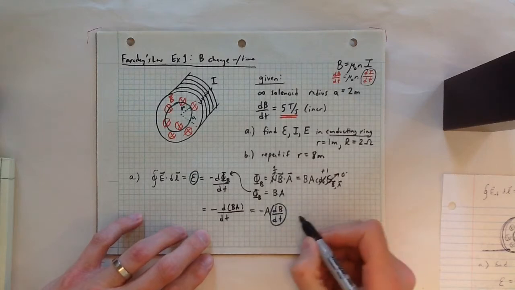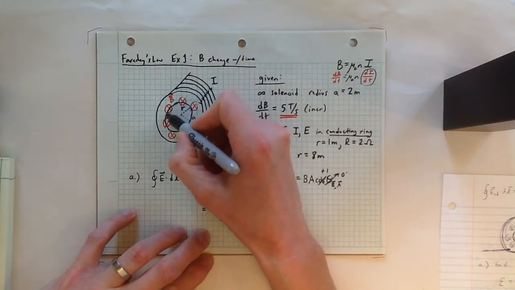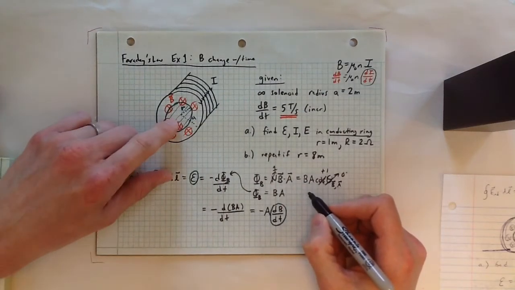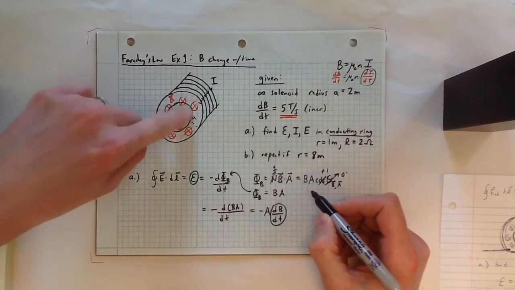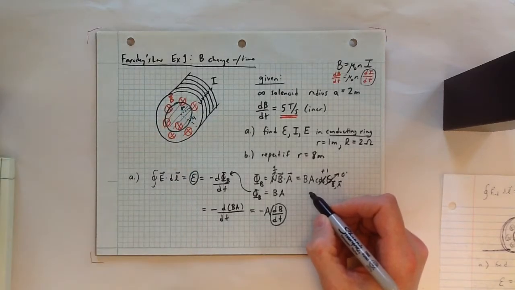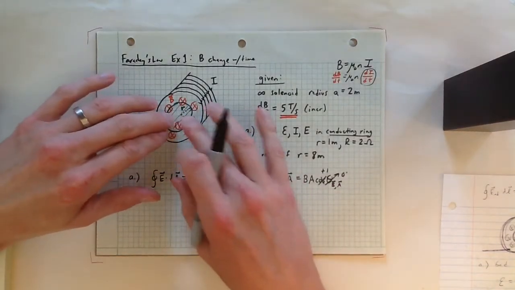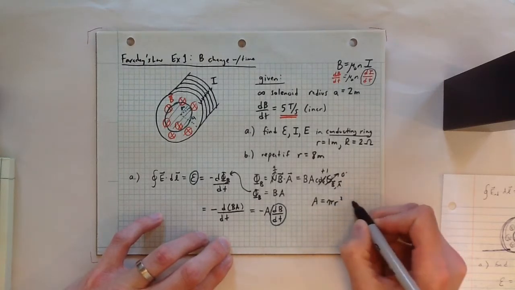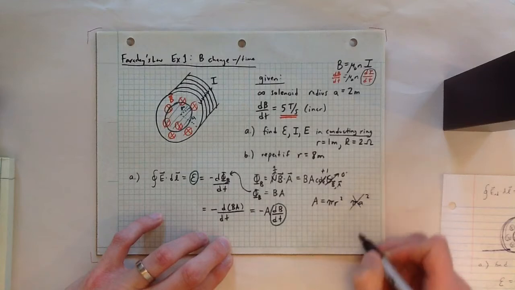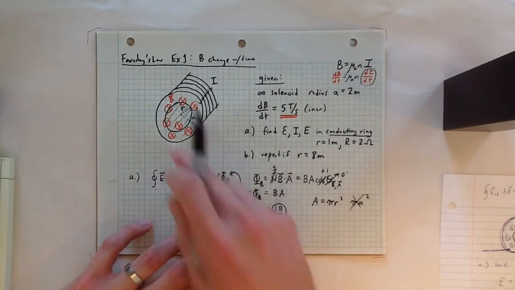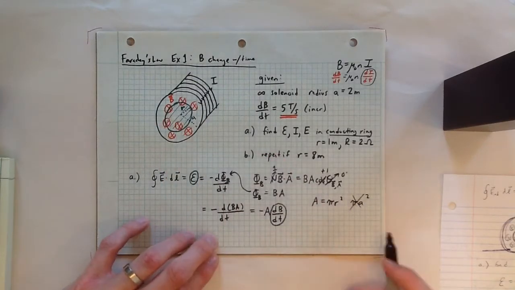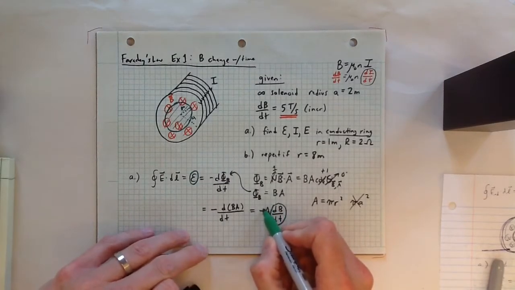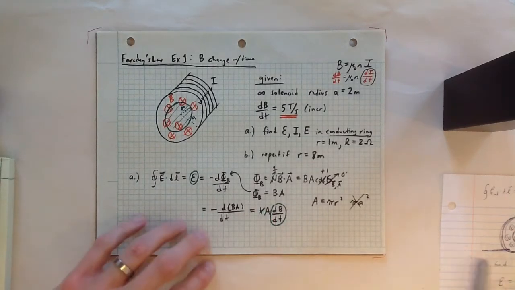First of all, the area, I have to be careful here. The area is of course catching flux across its entire cross-sectional area. It doesn't catch everything, it can only catch up to its own size. So A here would be pi r squared. Make sure you understand why it's not pi R squared. It's just not that big. It can't catch all of what the solenoid is throwing. I'm also going to ignore this minus sign here because I'll work out the direction by myself later with Lenz's